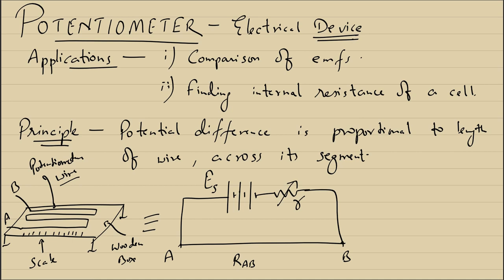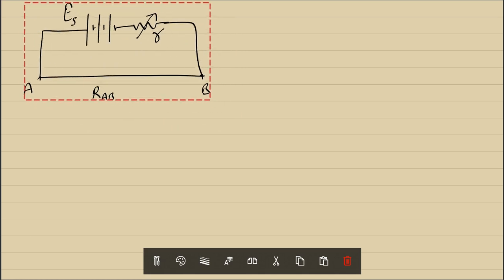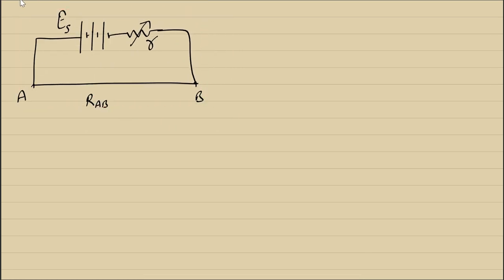Now forget about the applications for once. Just focus on this circuit diagram. First we will understand the concept behind the potentiometer, then we will go into the applications. The circuit diagram looks like this. So just work with me and try to find out these values which I am writing. Try to find out the current flowing in the circuit. You can pause the video and try it for yourself.